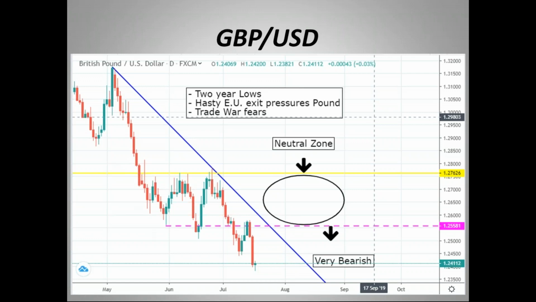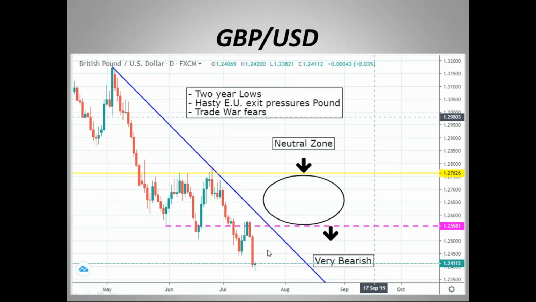And since we have October 31st as a deadline, and also September 1st as a deadline for the EU and for the UK for certain things as far as they move towards a soft or hard Brexit, that's when we should see for sure a neutralizing of the trade as we come closer to those dates. So right now I think the trend is going to just continue into at least the September 1st deadline, and then maybe that's where we see the corrective move higher for a nice bounce in the pound US dollar that lasts for a few weeks.